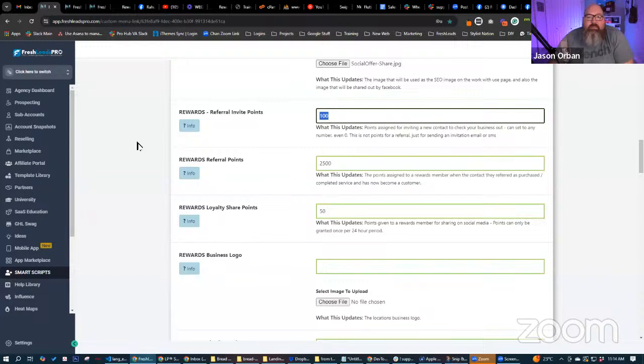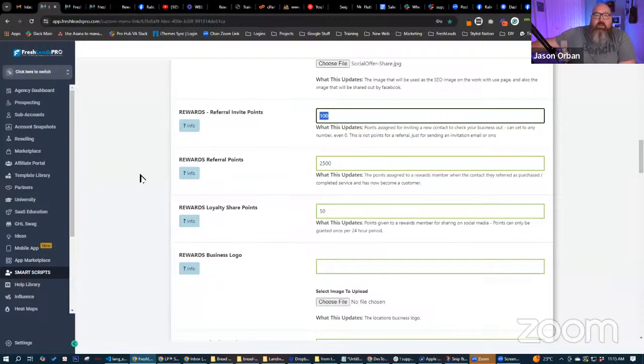If they go through and redeem a coupon and money changes hands, then they become a referral. And that's where we give them more points for that. Now, in the different versions of the rewards system, there are different points at which we give points for that customer. Other ways than redeeming a coupon, if we're using the salon one, it's when they actually